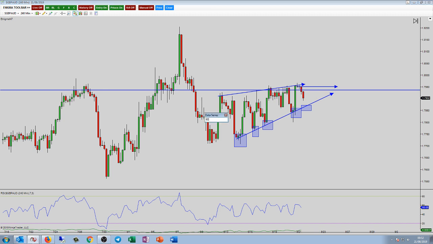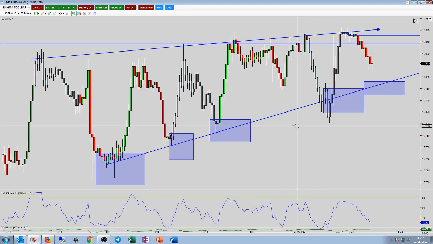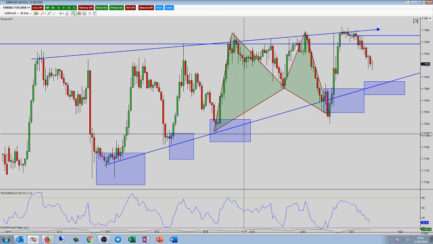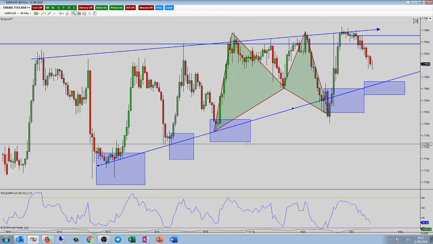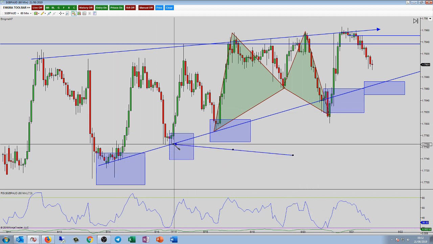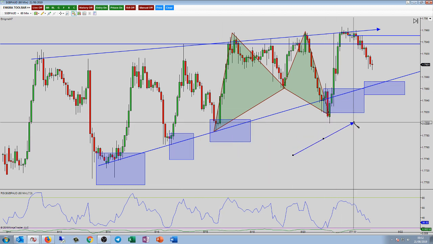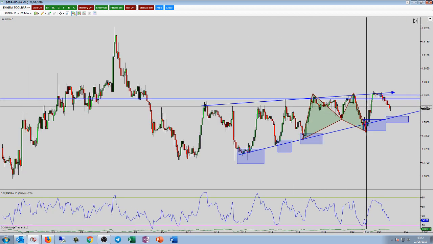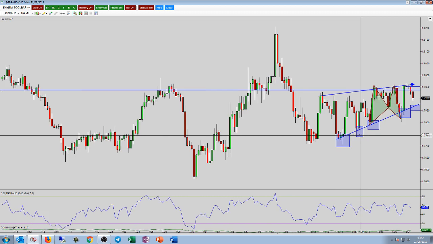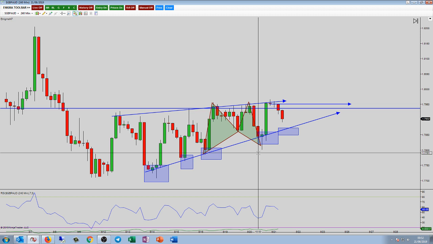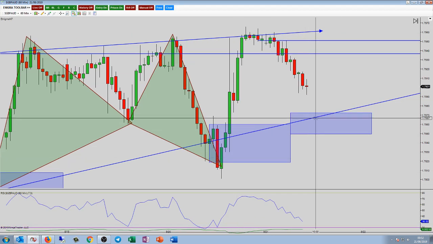As we drop down the time frames, we'll take a look at the 60. You can see that this was the big bat pattern that you could have used as the entry. The only problem here is that on the 60 we actually broke out of the trend line. So you can see we held it, held it, held it, broke out. So it wouldn't have been valid for me, but if you were already in it and you were using the 240, because the 240 held structure, as you can see there. But there's absolutely no reason here why we cannot wait for another entry down in this zone.